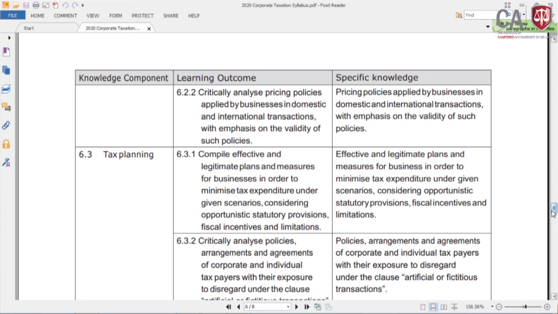Then tax planning. Now you know there are exemptions, fiscal incentives, and transfer pricing methodology. Using all these things, how are you going to plan your tax? This is not to evade your tax or be non-compliant with the tax law, but how to plan from day 1 on a continuing basis. Compile effective and legitimate plans and measures for a business in order to minimize tax expenditure under given scenarios. That's why I have told you this tax planning is combined with business decision making and a question can be asked. That's why you should know this theoretical knowledge. And next one,